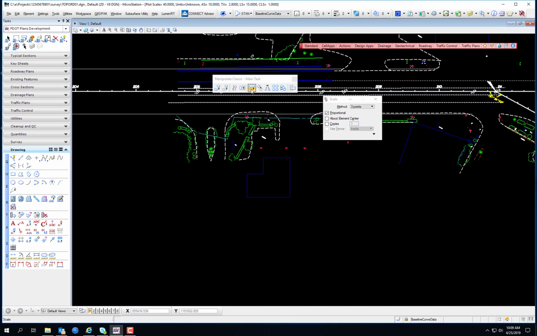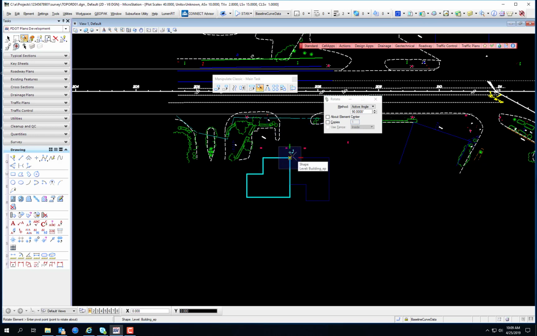And that's the scale tool. You can select to make copies, and it will make copies as you scale things. Rotate tool has 3 options. I'll demonstrate those. The active angle is based on whatever angle you set in this dialog. It does rotate it based on that origin point, whatever point you select, or if you select About Element Center, it'll rotate it by the active angle around the